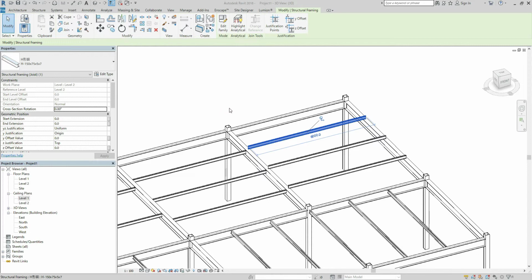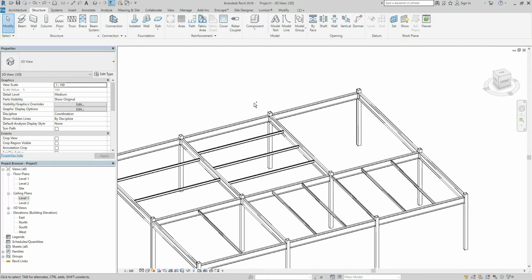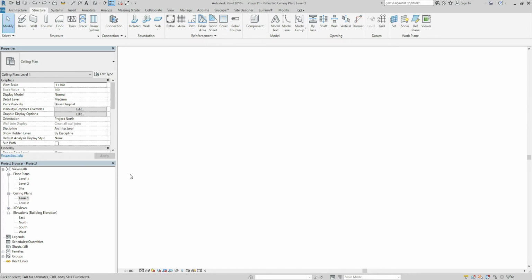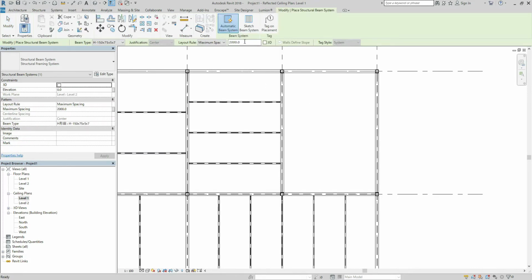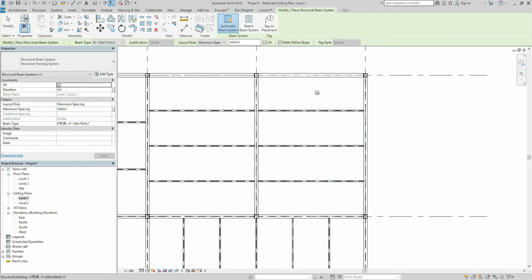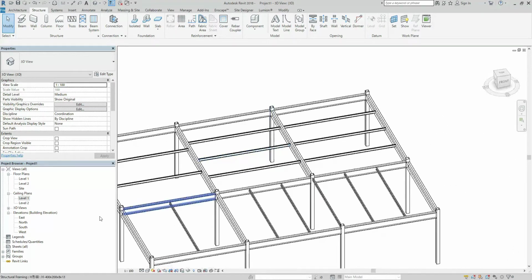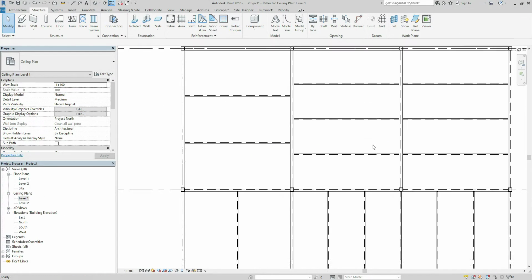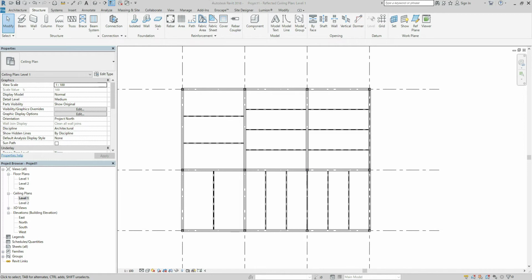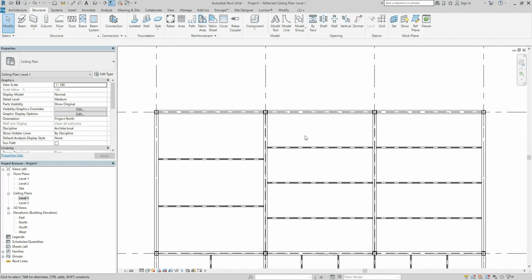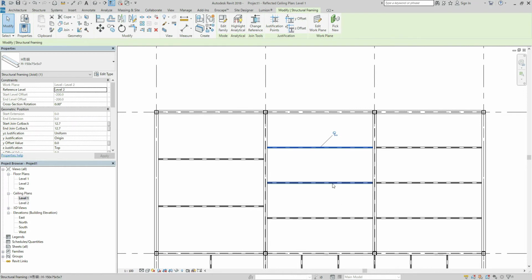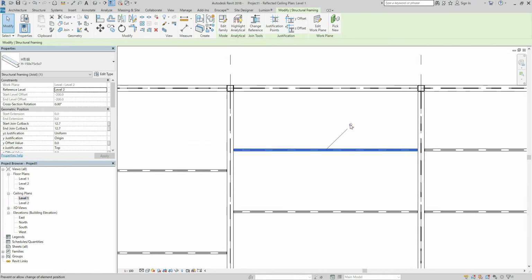Okay, let's undo and go back to the ceiling plan and make the steel beam correctly with the check. Okay. And if you want to adjust the beam, just unclick it and move,